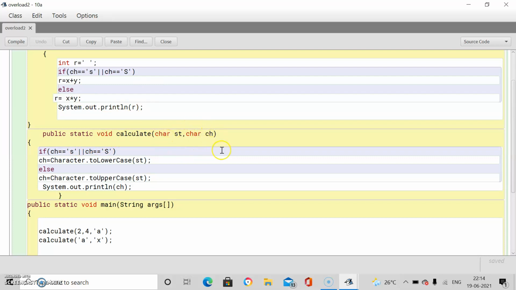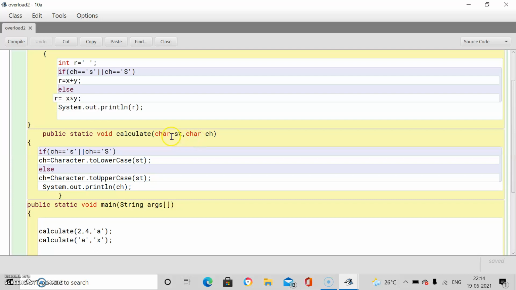Two characters we are receiving. After execution of the first function, control will be back to the next statement, that is calculate a comma x. Now, which calculate will get invoked? This one, which is receiving 2 characters.